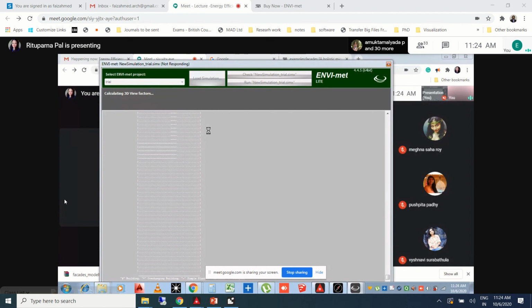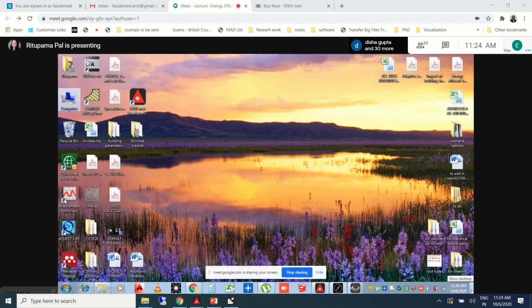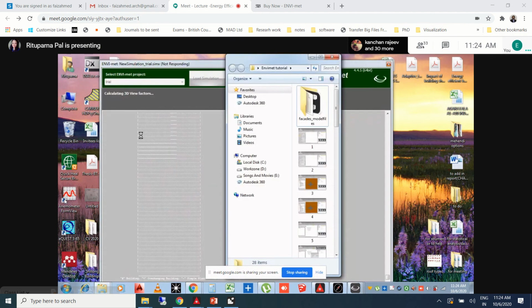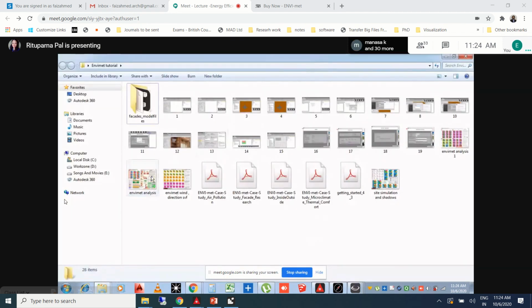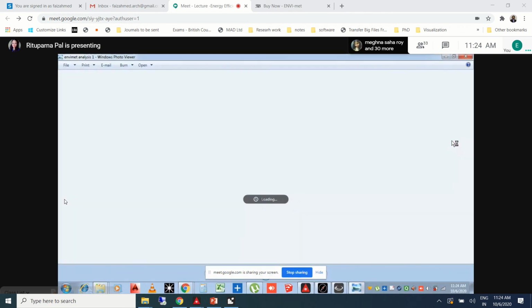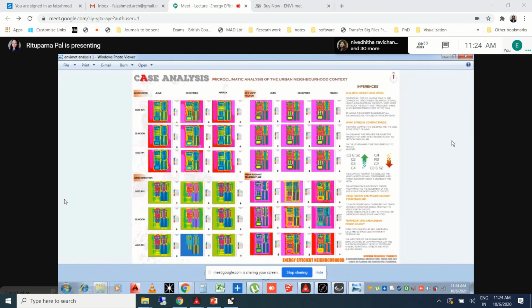Okay, so I'll show you the process. Leonardo is not very hard, but I'll show you the next day, or if the simulation completes today, then I'll show you today. And if it's not happening, then next day we can understand how Leonardo works and we'll be able to generate the results. That is only 2% of the work which needs to be done. So for now, I'll just show you what kind of results Leonardo generates. I'll show you a sheet of my first semester. Oh no, this is not my thesis.